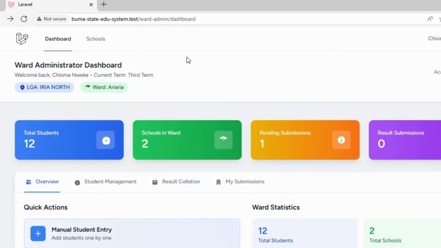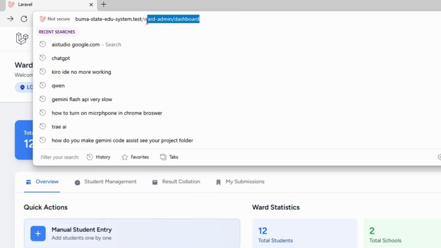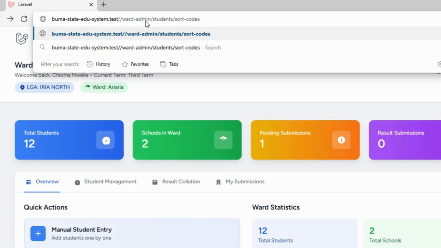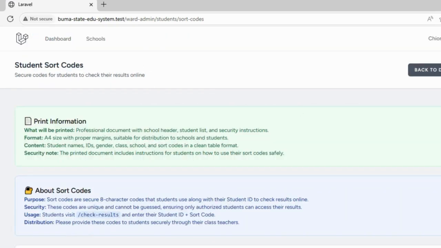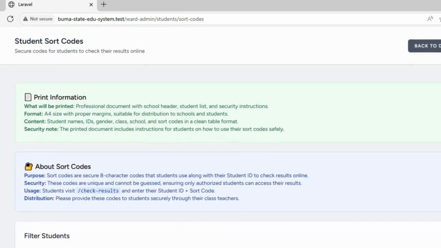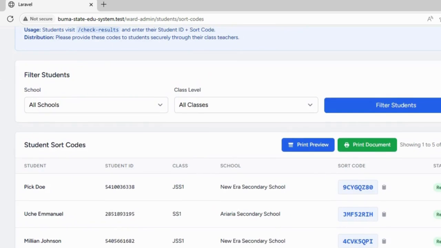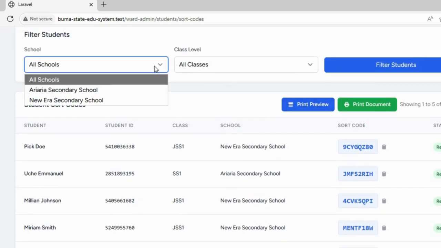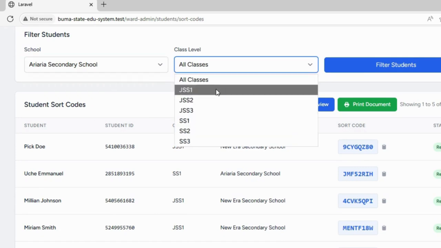As for the source code, the admin will come here because the system is designed so that every student will access the result checking portal with their student ID and the source code that will be given to them by the ward admin officer. So let's enter the URL for generating the source code. This is where the student source codes are generated. For this school, we are working on, select the class for JSS1,